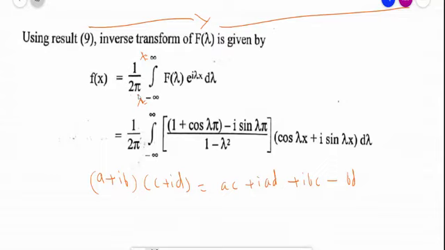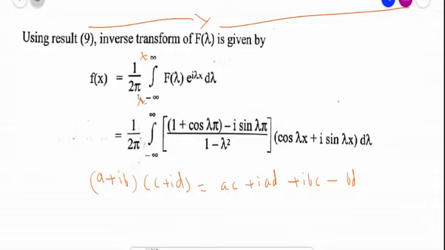because if you simplify this, we will get the required answer in terms of x only, not in terms of x and lambda. That's why these limits must be limits of lambda. In this way you have to remember this result. This result we already took from the chart, and we also discussed how such type of formulae occur in previous lectures. So substitute the value of F of lambda. This square bracket denotes the value of F of lambda which we earlier obtained.